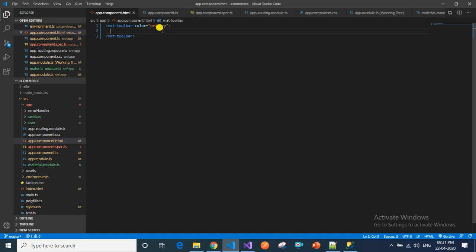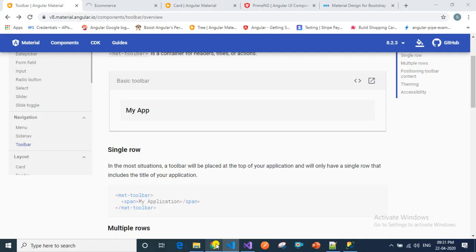Then we have to write mat toolbar row. So I'm taking this.